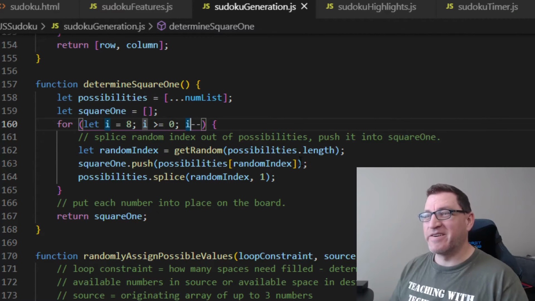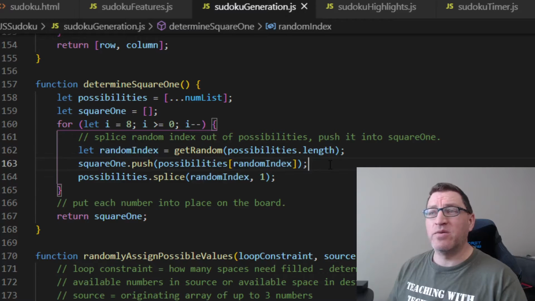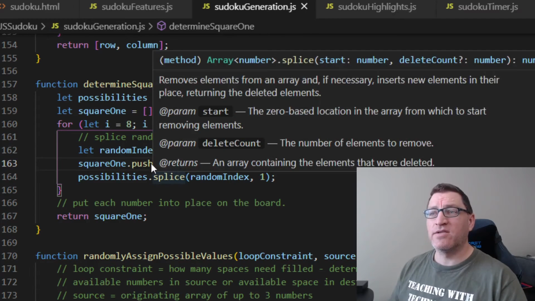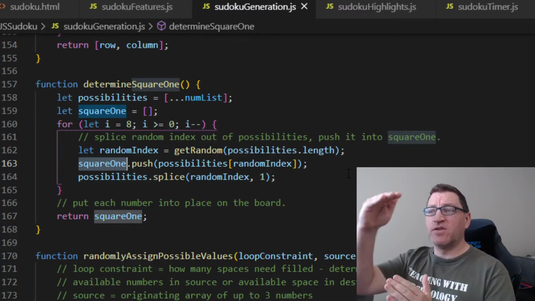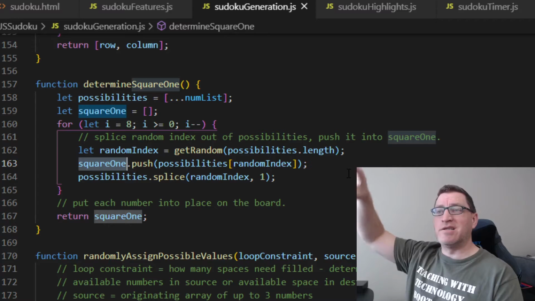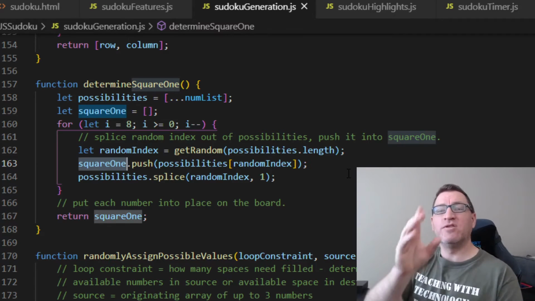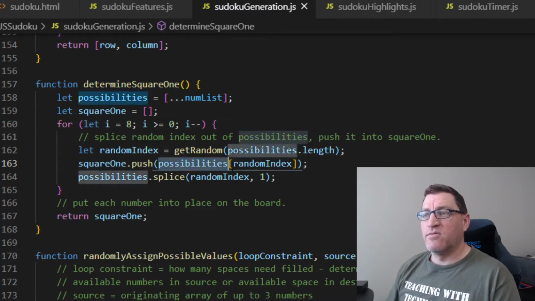That's the kicker here. We're going to get a random number, which is dependent upon possibilities.length as the maximum number that it could possibly be. That random number ends up being the index that we're going to pull out of the possibilities list. So the first thing we're going to do is push it onto square 1, which means that in our first iteration, whatever index we grab is going to come out of possibilities and get pushed into square 1. We're using a push to do that here, and we're just grabbing that number,